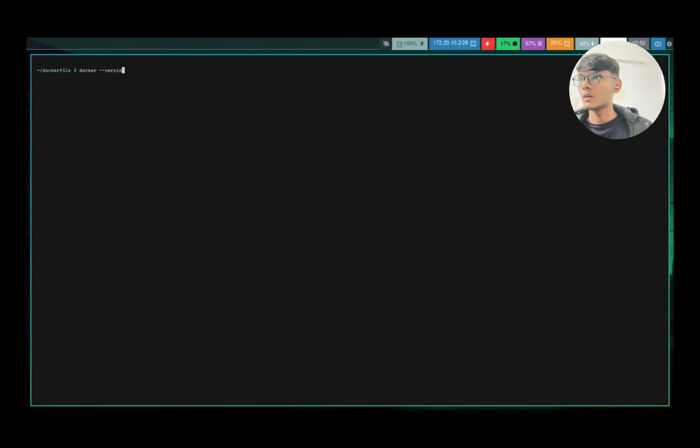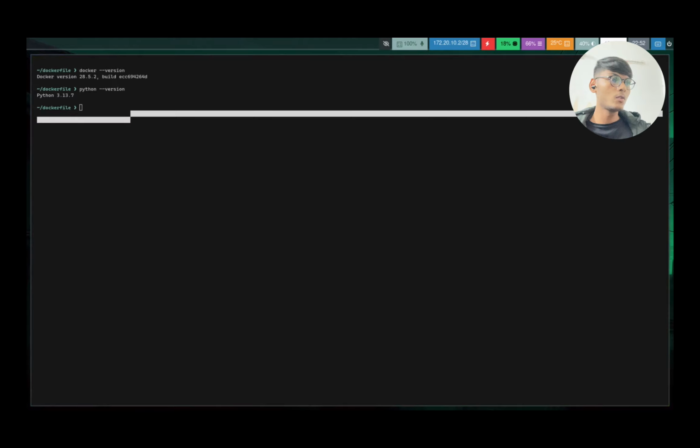The installed Docker version is 28.5.2, and I check the Python version installed on my system, which is 3.13.7. But suppose I have a project whose dependencies require Python 2.7 or something related to 2, then what will actually happen?